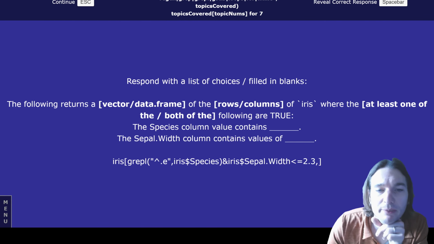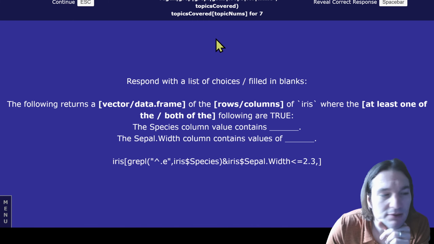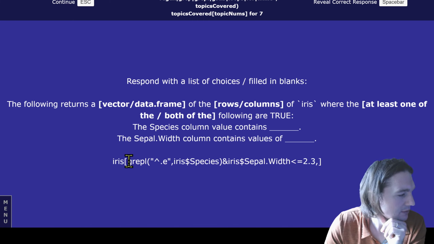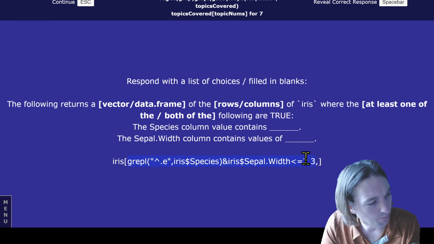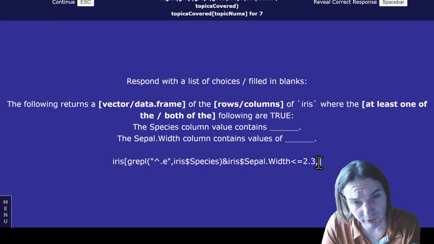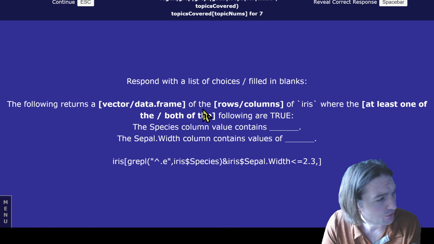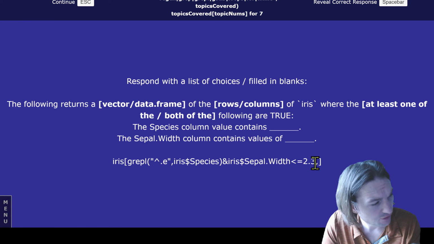Next up, the following returns a vector or data frame. Well, I am extracting from a subset of rows across all columns. So that's going to return a data frame. It is going to extract based on the row section. I can tell that because my logic object is inside of the row section, so it's going to be rows,